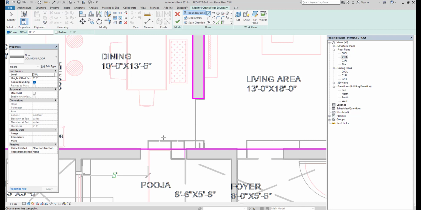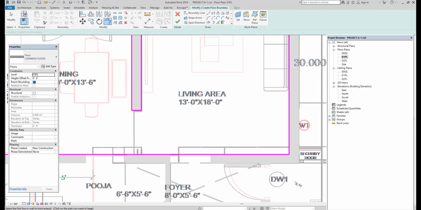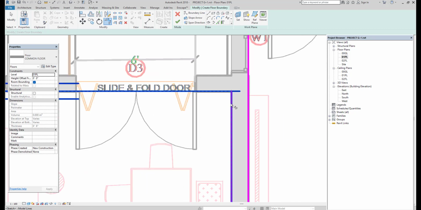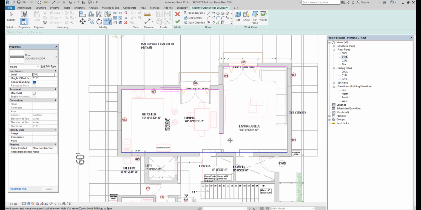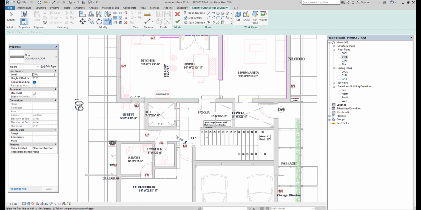And then here we have an extra intersection. Then I am going to trim that. Just click on the wanted lines, this and this. Check where it intersects in the other places like this, where you just draw the floor. You can continue the same thing for the whole project and then close it.